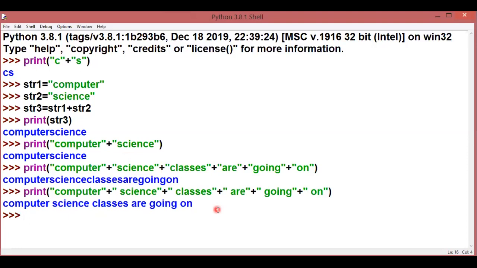Now there is a variation in my concatenation operation. I can apply this concat operator onto two strings or more than two strings, but I cannot apply it onto an integer value. How?